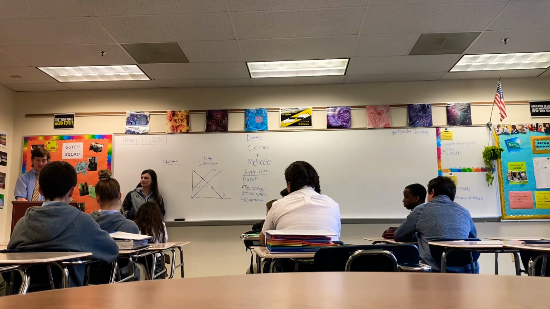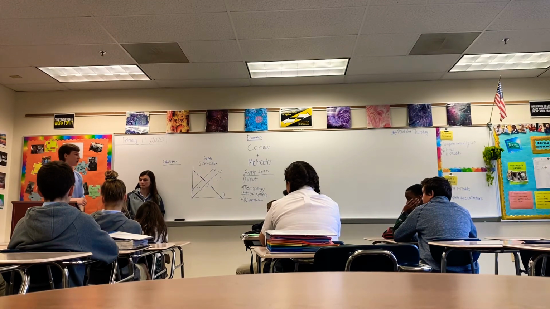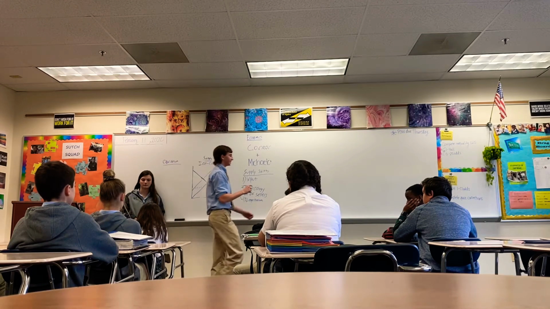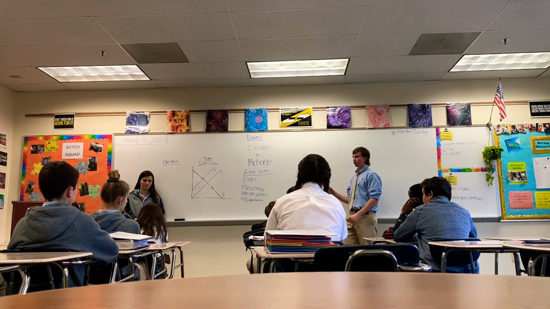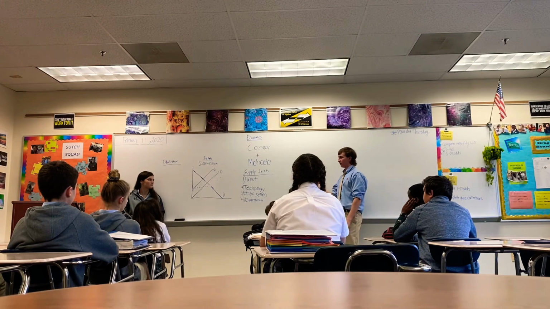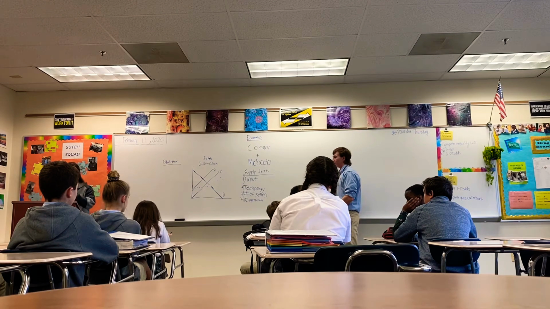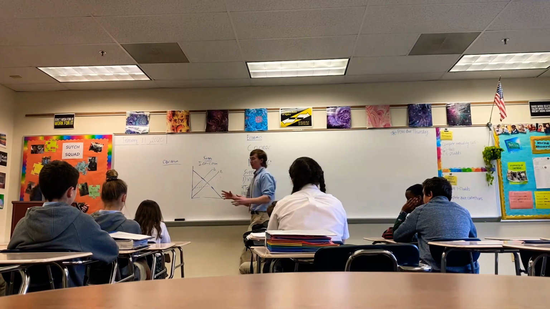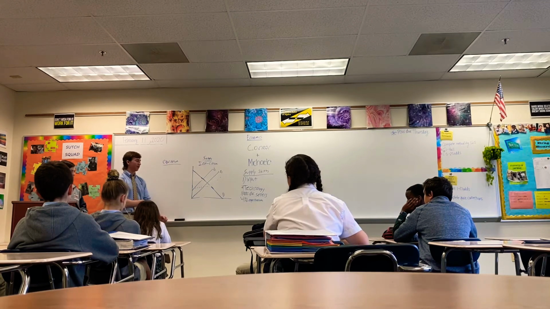And the activity is, you and your partner are going to work in a group, and you're going to try and think of 6 things that can shift either the supply curve or the demand curve, leftward or rightward. You want to find 6 things. It can be any combination, 4 for supply, 2 for demand. And then after you come up with them with your partner, we're going to have you come up here and give a very brief explanation on it.